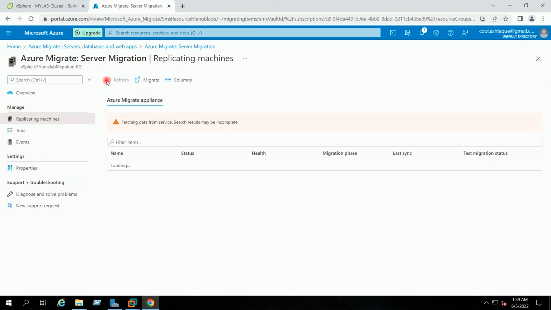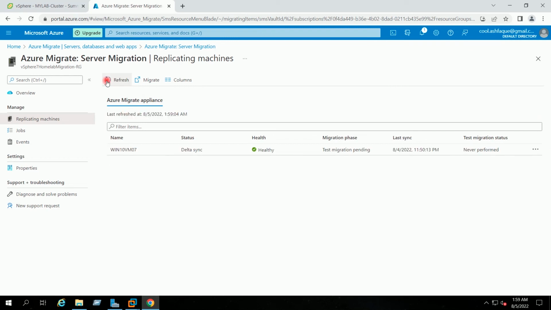So I will refresh here. So you can see here migration phase is showing test migration pending, which means we have successfully completed the replication step and we are ready to move to the next step, which is migrate.